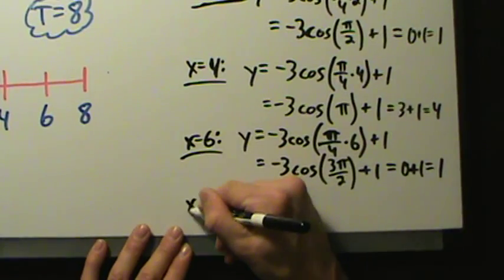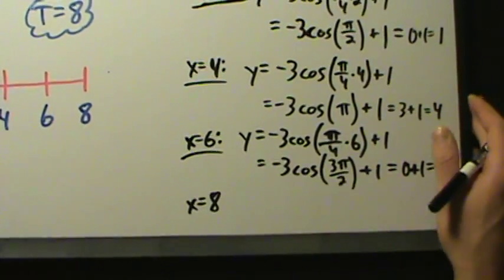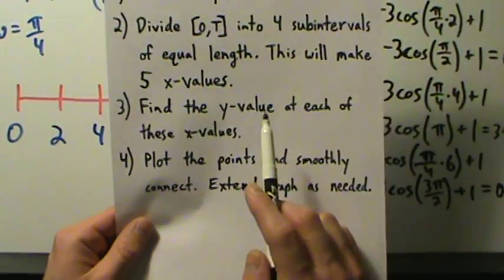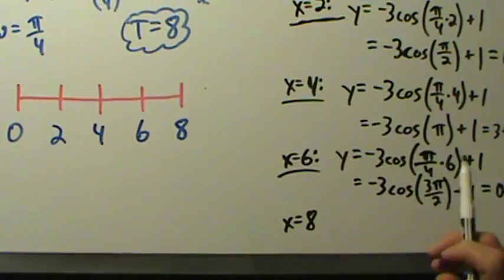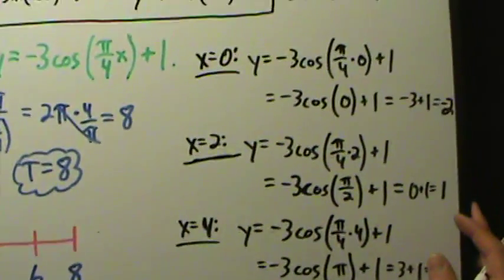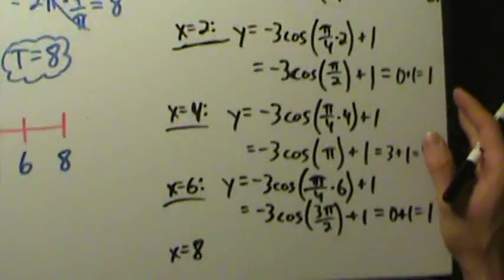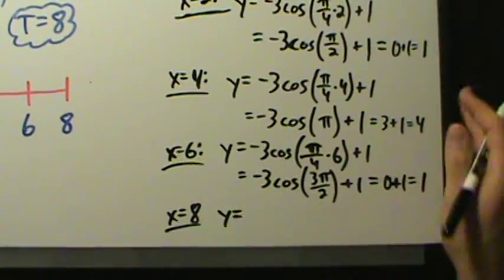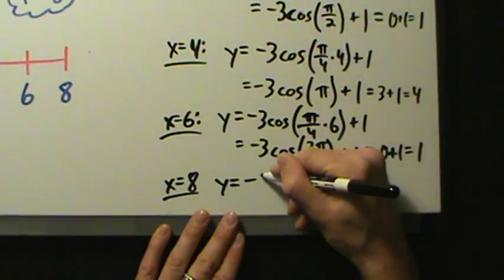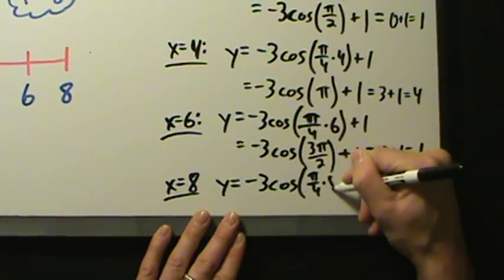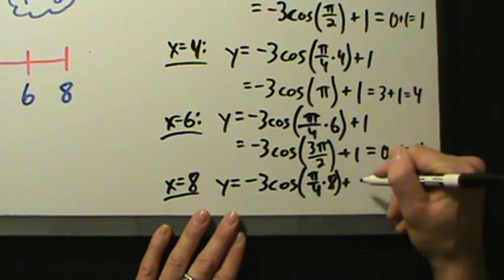So now x equals 8 is the last one here. Okay, so again, what are we doing? We're doing step 3, which is find the y value at each of these x values. Okay, so we got 5 x values from step 2, and now we're going to use each of these x values to get the corresponding y coordinate, or y value, on the graph. So at x equals 8, we have y equals negative 3 times the cosine of pi over 4 times 8 plus 1,